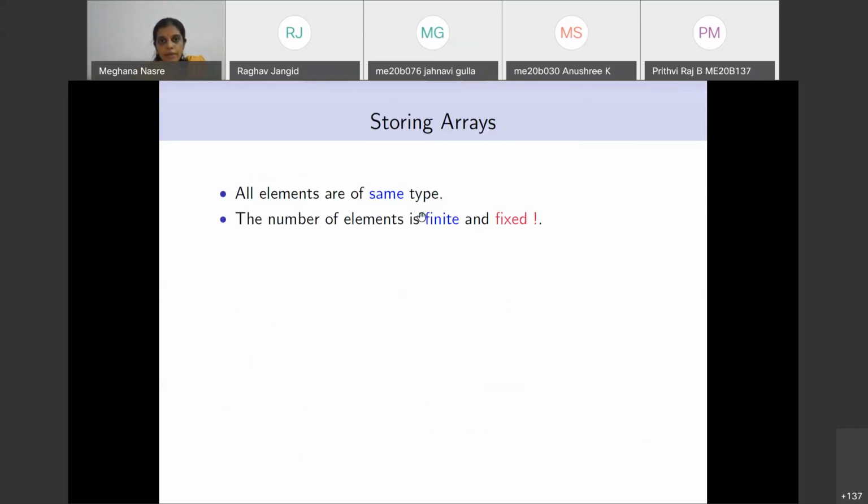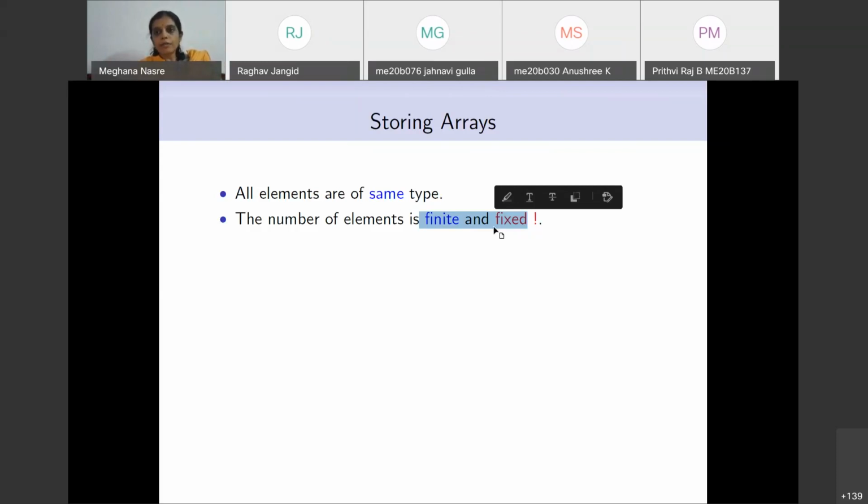The number of elements is finite and fixed. So this is a finite array and it is fixed. It cannot change at runtime. Again, there are small caveats to this, but arrays are fixed and finite at compile time. That is, you are telling the compiler that my array will contain 100 elements, 1000 elements or whatever, and this number will not be exceeded.